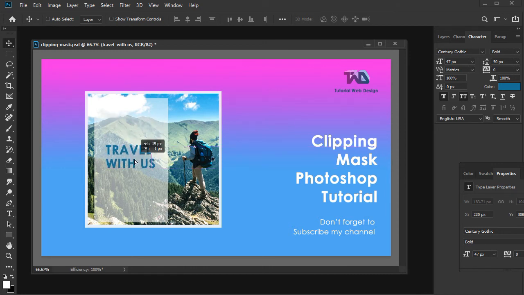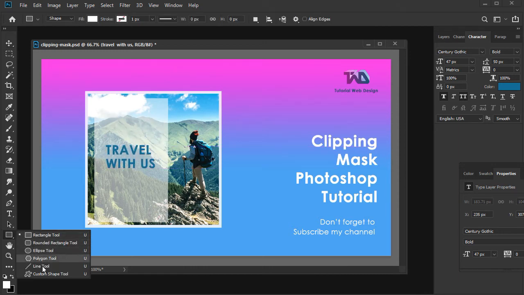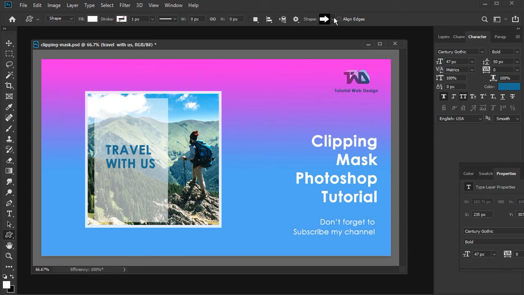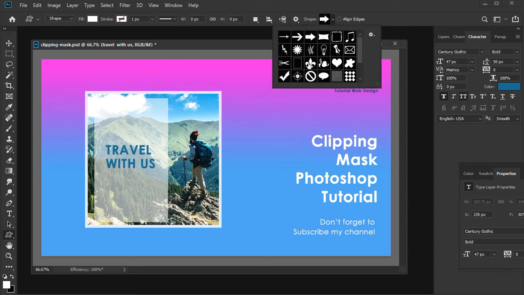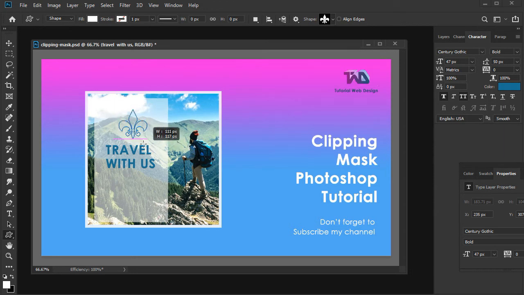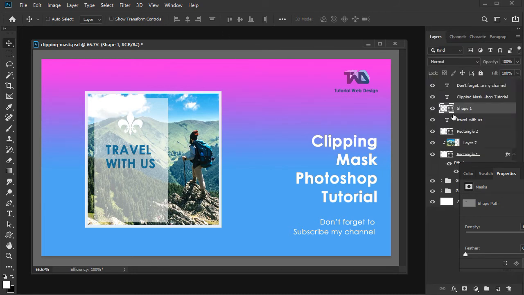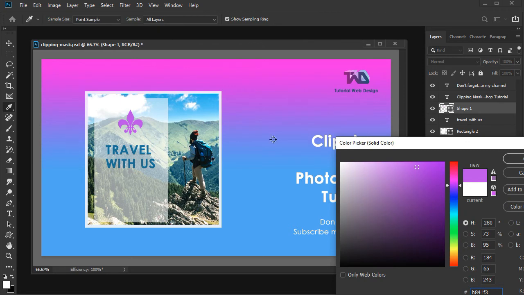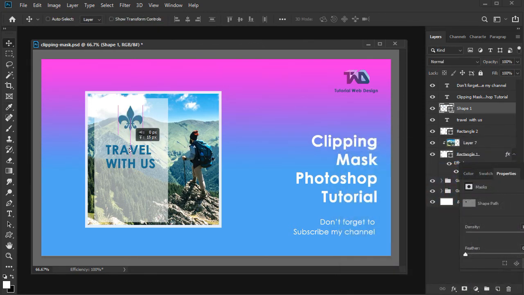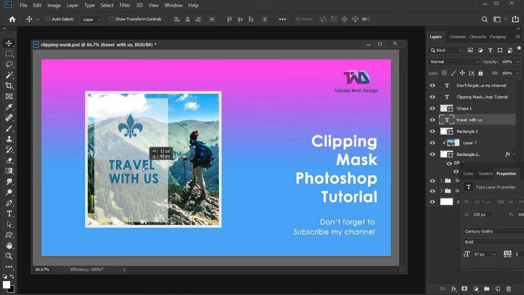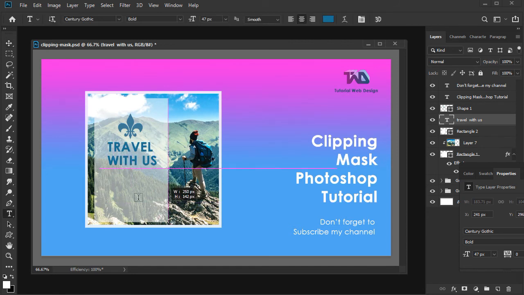Here you can put your logo. I am creating this dummy logo. Apply color to this shape. And put some dummy text here, 2, 3, 4 lines.